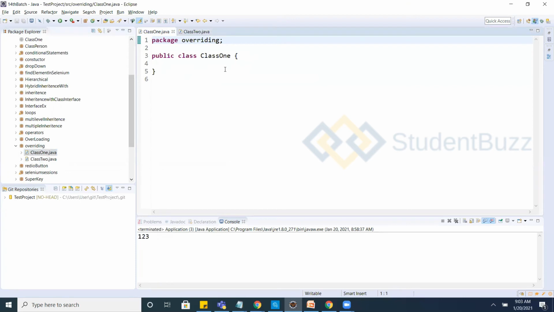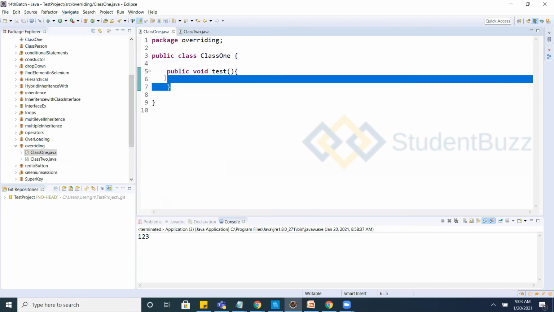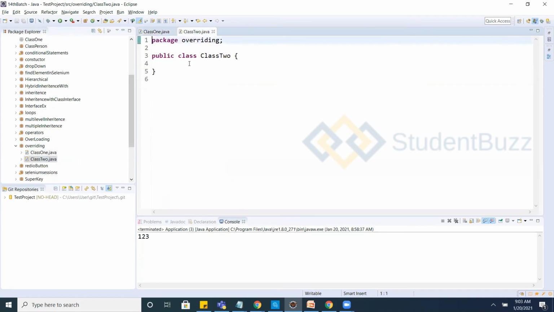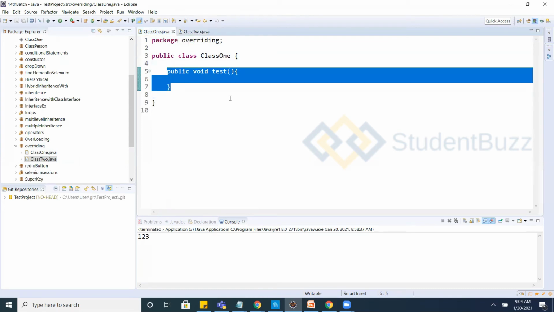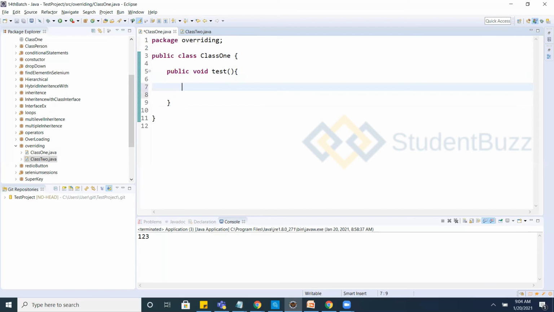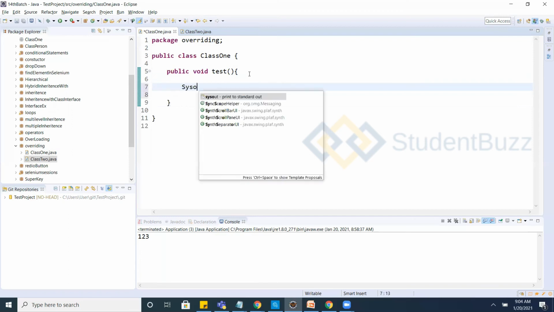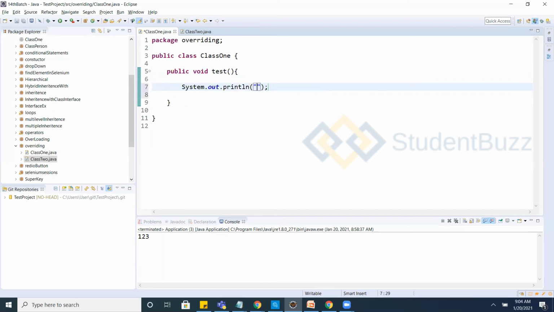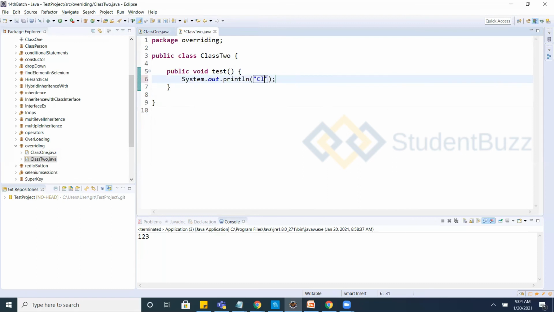Class 1 has a method, public void, starting with a small letter, test. Class 2 also has the same method. So I want to achieve overriding. Let's see. I have SYSO. It's class 1, and it's also having the test method in class 2.